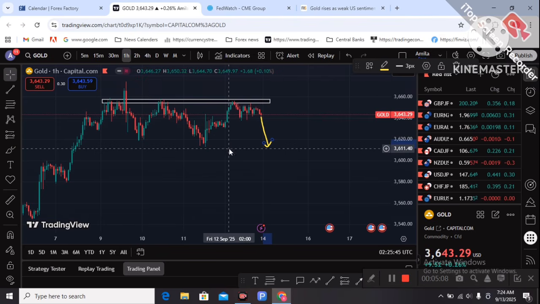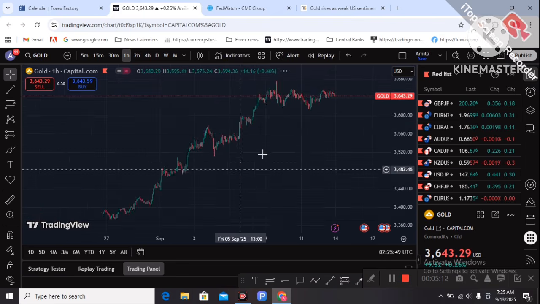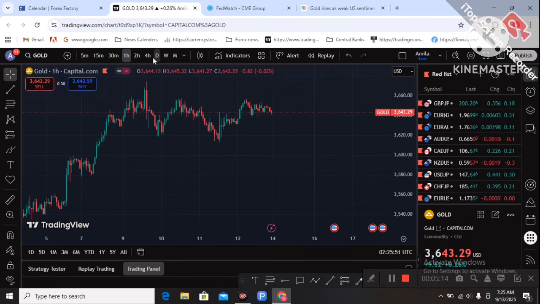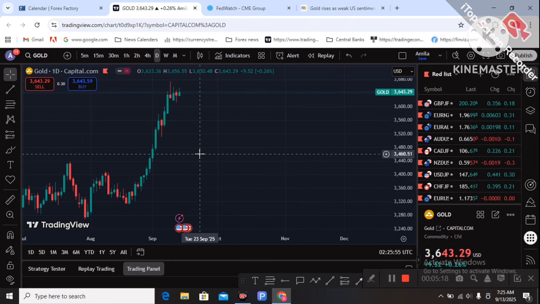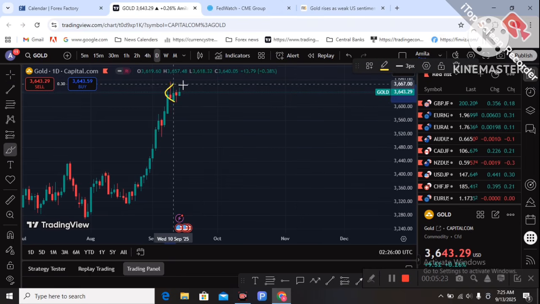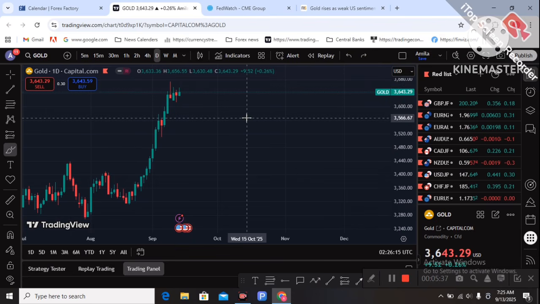The interesting thing is the FOMC meeting. Donald Trump wants to cut the rate immediately, but Powell wants to hold the rate, as inflation has still increased. On this daily chart, last week price held in these levels, and 3650 to 3620 is next week's ranging level. Last week price ranged in these areas.